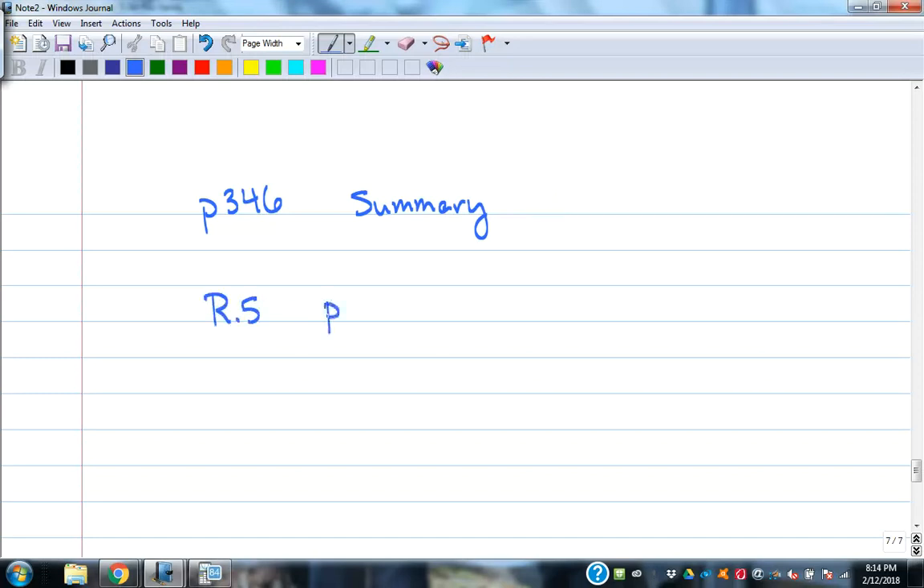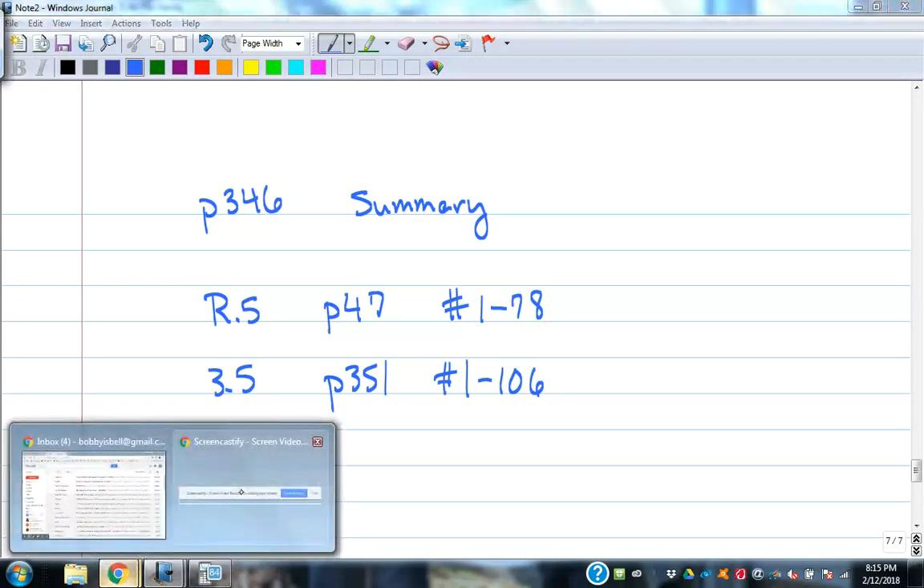Problems that I would suggest from R5, it's on page 47, 1 through 78, any of those in that set. And in 3.5, page 351, there's a bunch, 1 through 106. You don't have to do everything on all of those. It's going to ask you for specific things on different parts of that. That's a big section because there's a ton of information in 3.5. And we covered it pretty quickly tonight. So by all means, I'll have the video